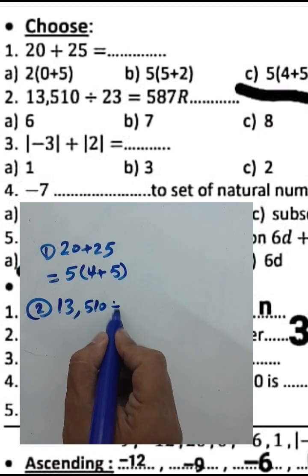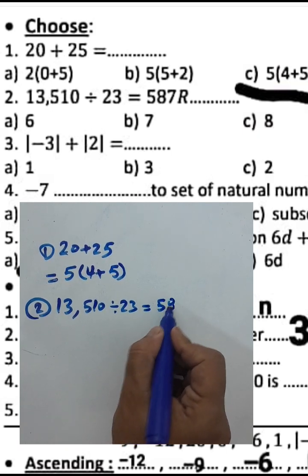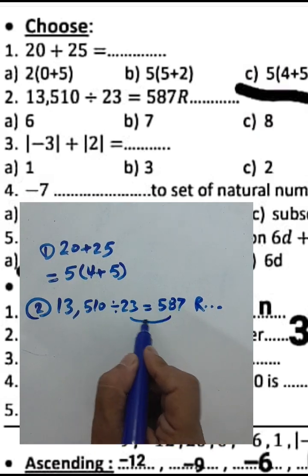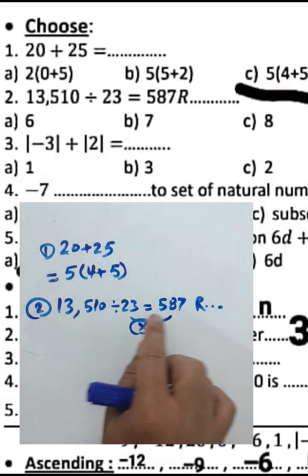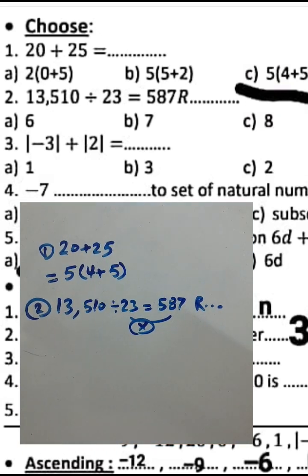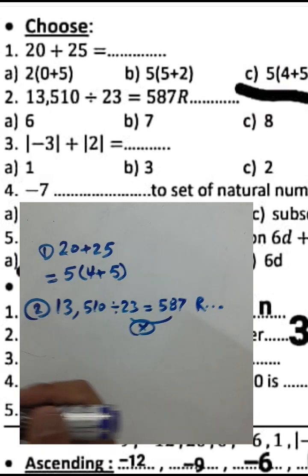13,510 divided by 23 equals 587 and the remainder. To find the remainder, you must find the multiplication between 23 and this number, and subtract the result from the dividend. So you can write the remainder here equal,